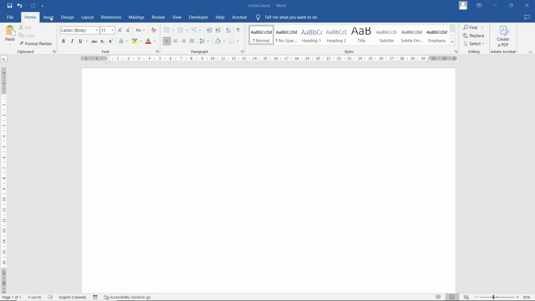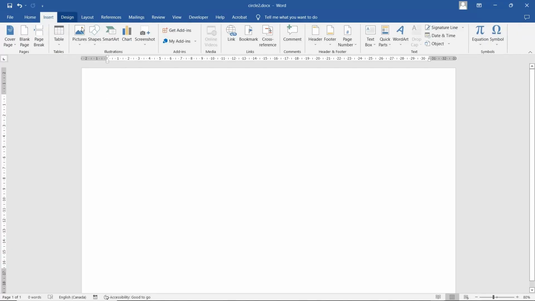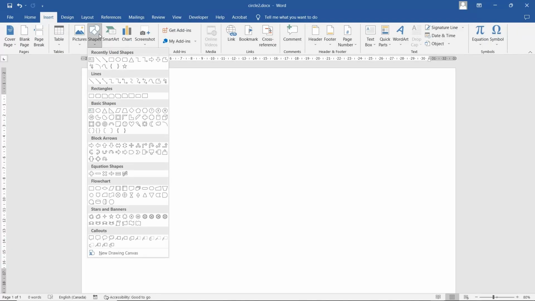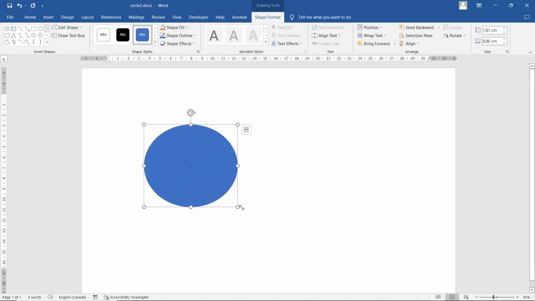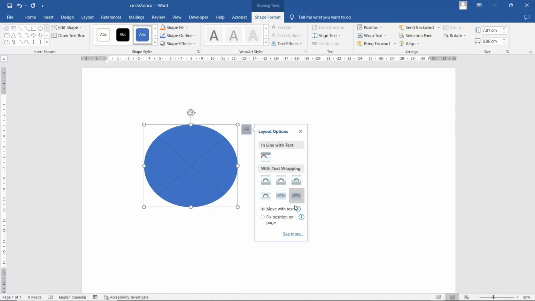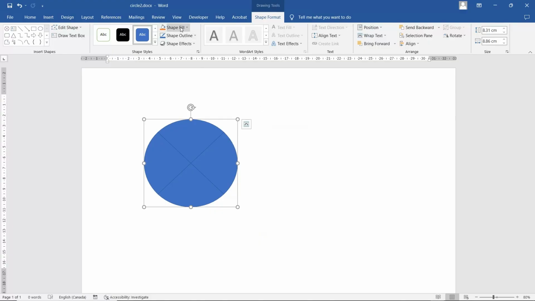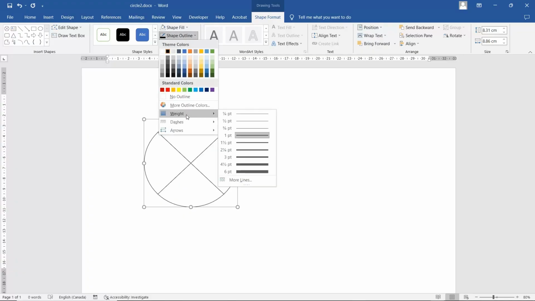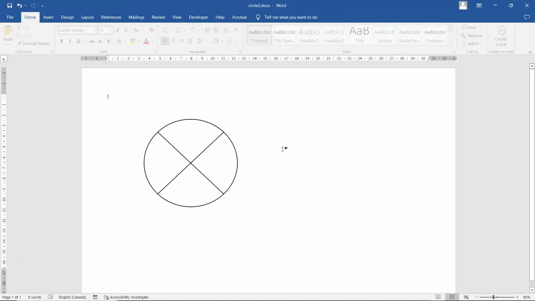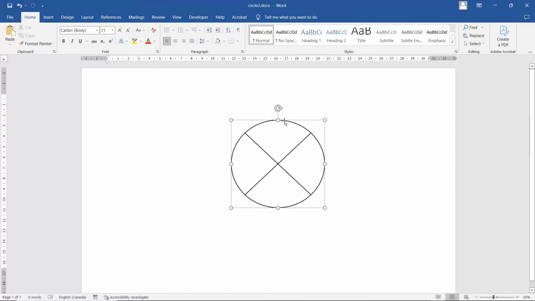And we're going to begin by going to Insert, Shapes, and we take this object, and make it a fixed position. Shape Fill, No Fill. Shape Outline, we make it black. Weight, a little bit darker. Okay, so first for the